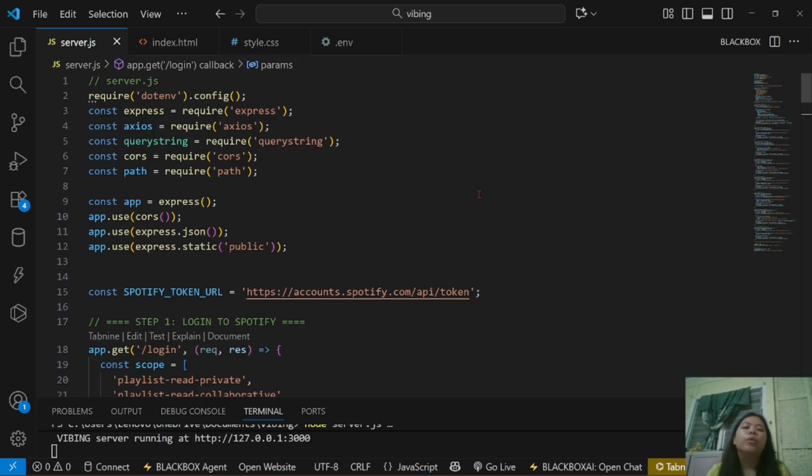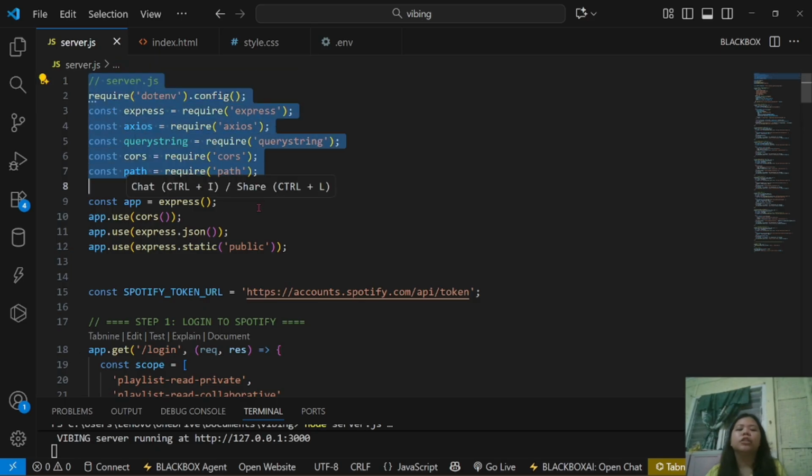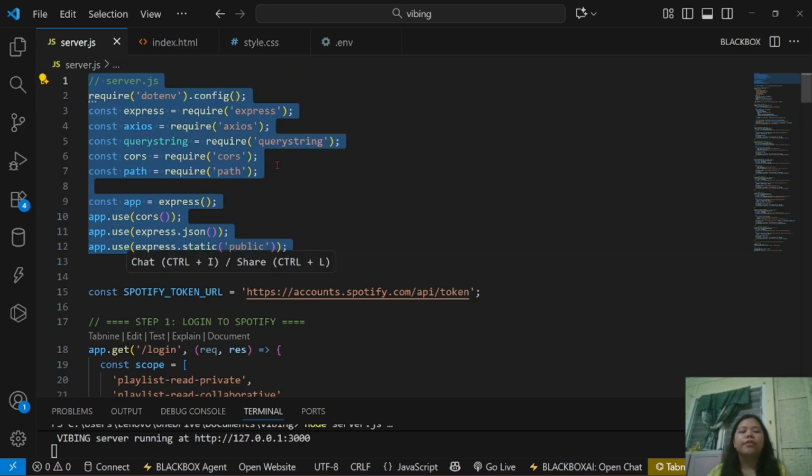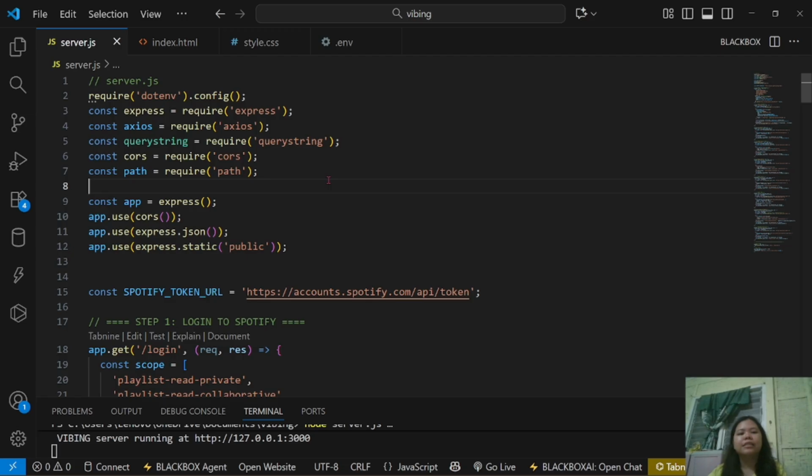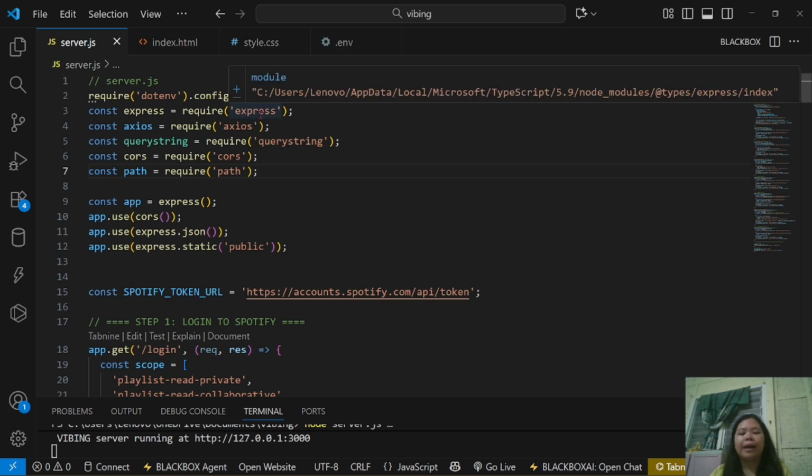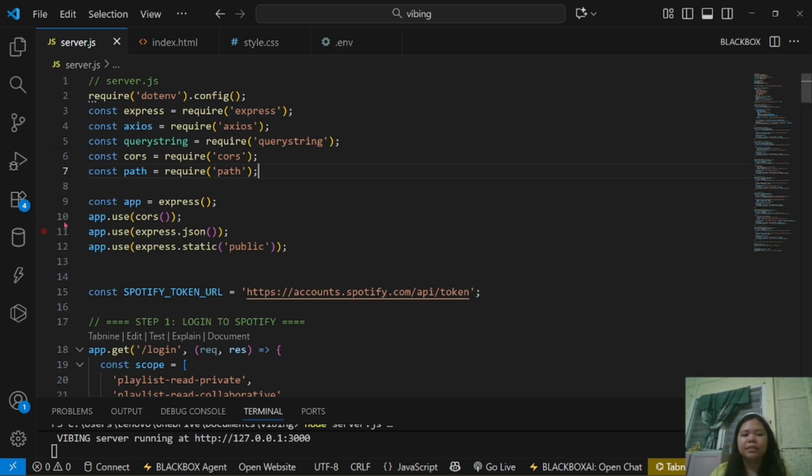So this time we will walk through the back end of our system. Here we imported all the details that we needed for the system. So we have dotenv, express, the fetch, query string, cors, and also the path. So dotenv lets us load a secret file,